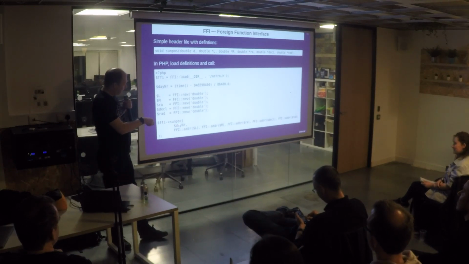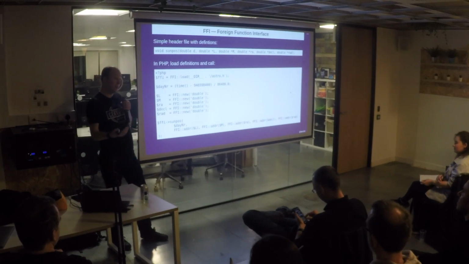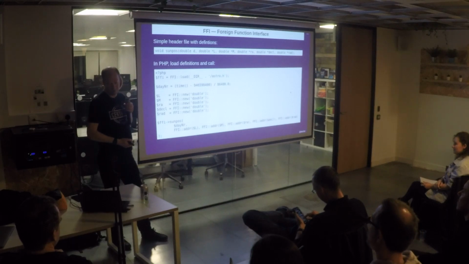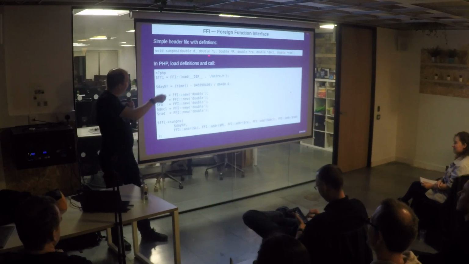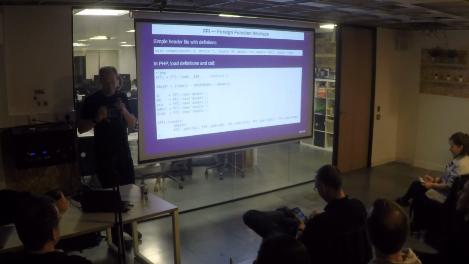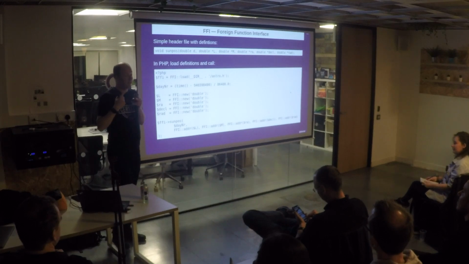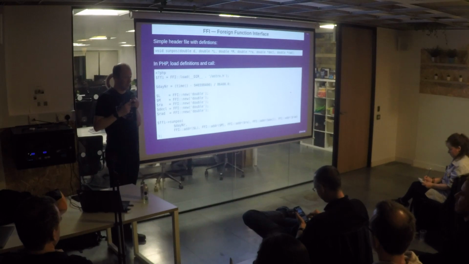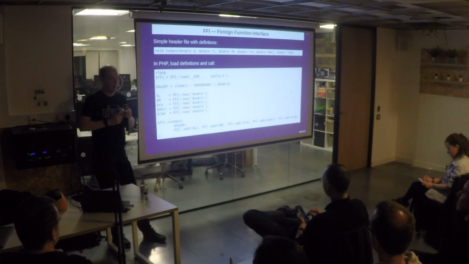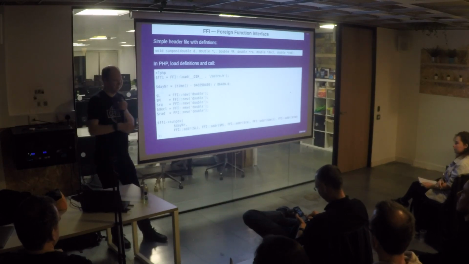Finally, when we call the function, we pass in our number, and then instead of just passing this variable through, we need to say the address of, and that's what you do with FFI::addr, and then you pass in the variable that we have created. And then you get a result back, which doesn't tell you anything because it returns nothing, it returns void. But you get 5 bits of information back. That's what this function does. Now, this is a very simple API because there's only one function in it. This gets a lot more complicated if you have a library in C that is actually doing something useful instead of my little experiments here.